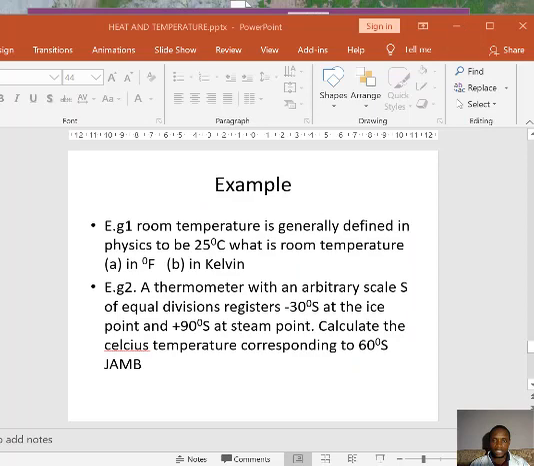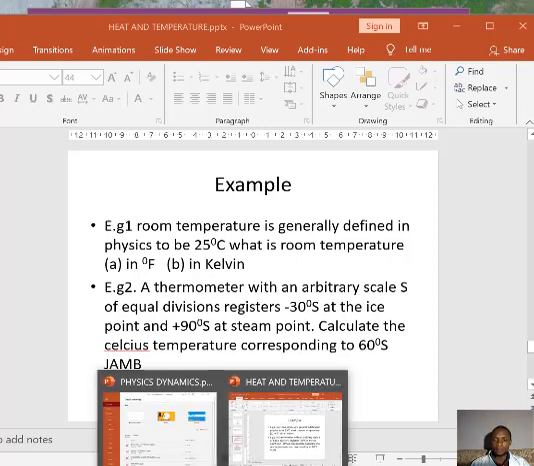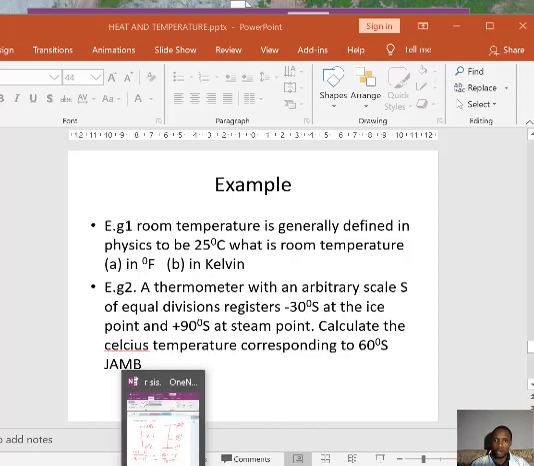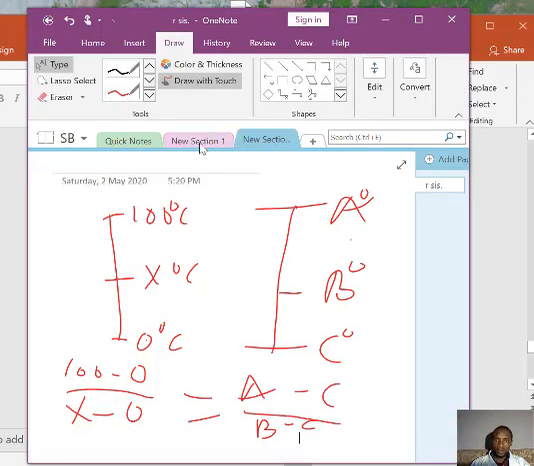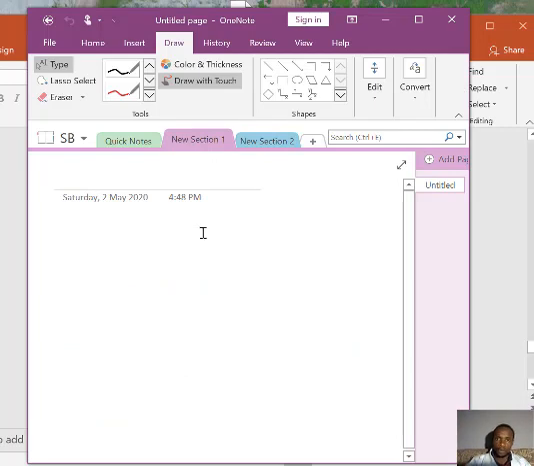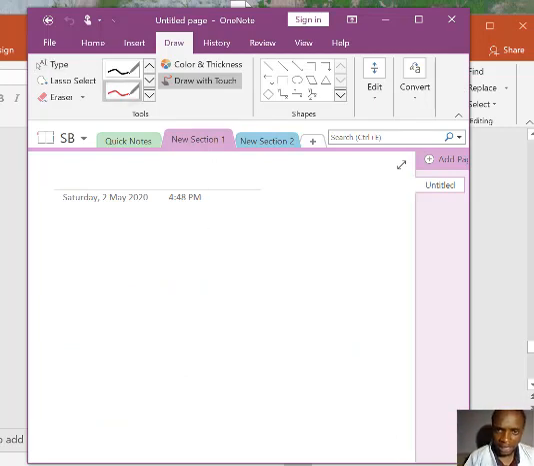Okay, let's look at this question. Question one: room temperature is generally defined in physics to be 25 degrees Celsius. What is room temperature in degrees Fahrenheit and in Kelvin? So let's quickly look at that. The room temperature is 25 degrees Celsius. So if we are to find it in degrees Fahrenheit and Kelvin, it means we compare